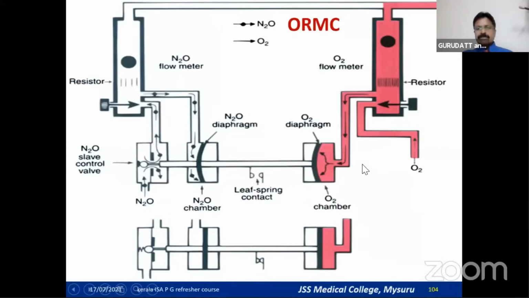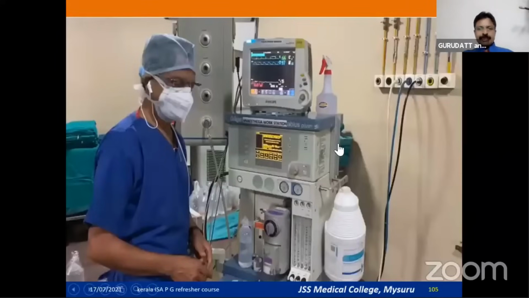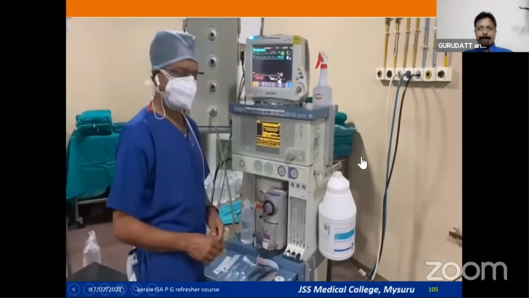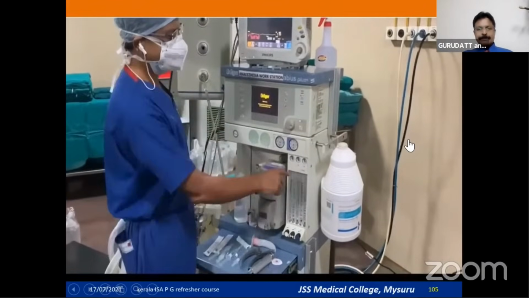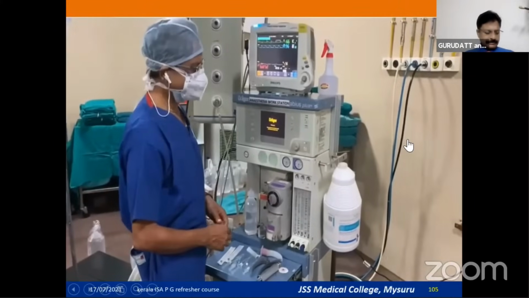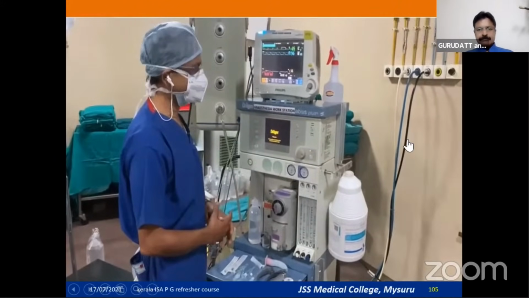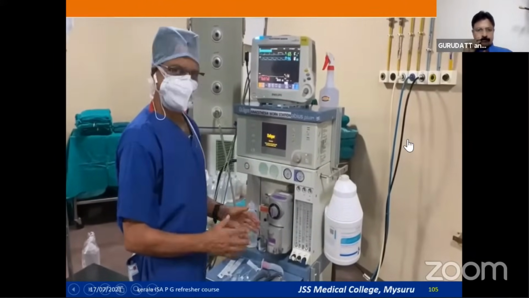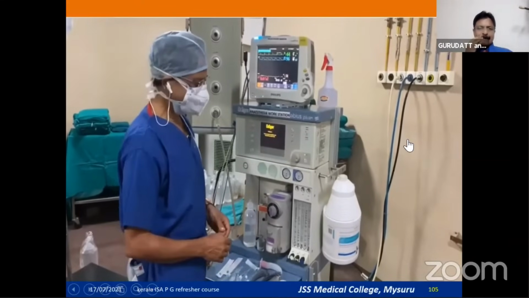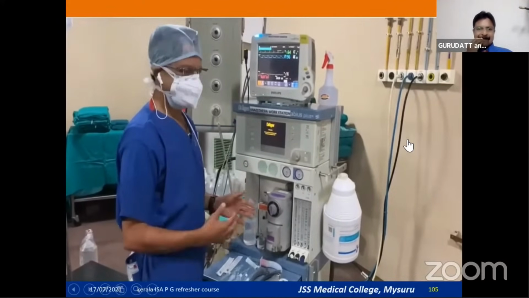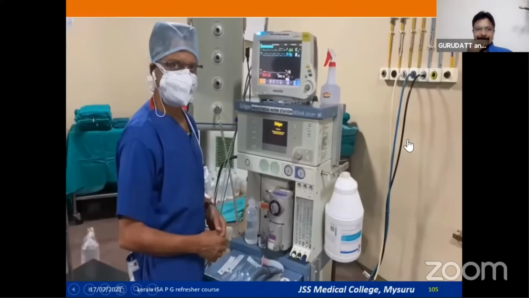I'm just giving you another video because sometimes you may be asked to demonstrate how this particular ORMC is going to work. So I'll be talking about SORC, the sensitive oxygen ratio control, in the Draeger KBS machine, KBS Plus cases. We'll just see how it differs from Link 25, because Link 25 is purely mechanical, whereas this is the totally